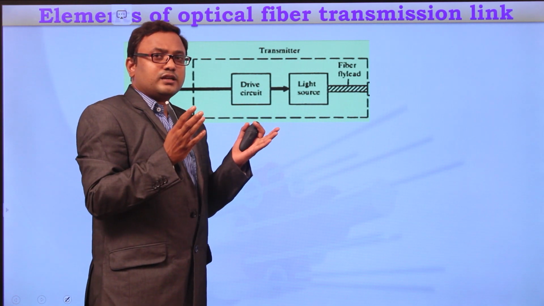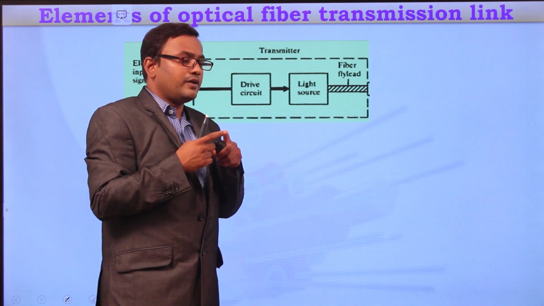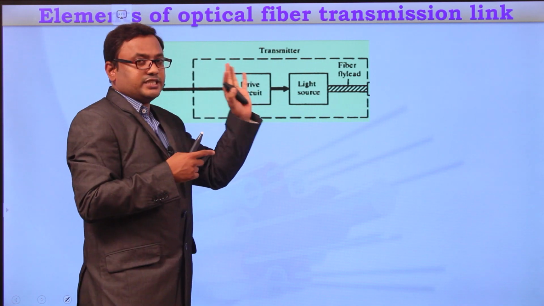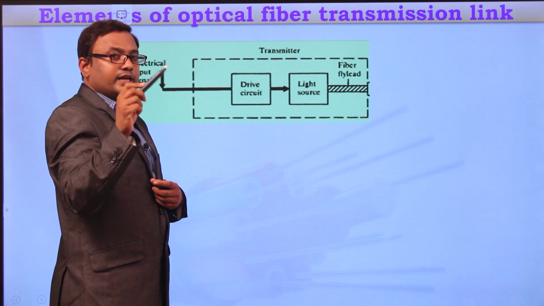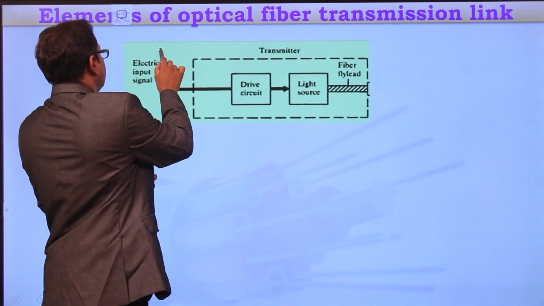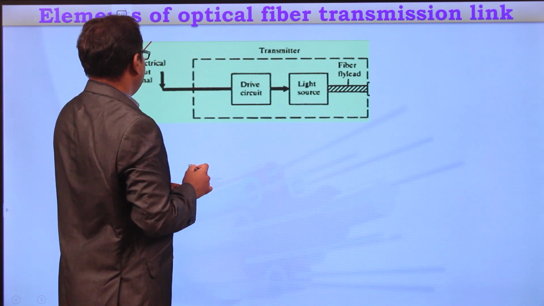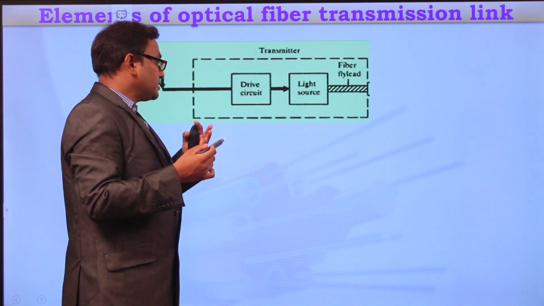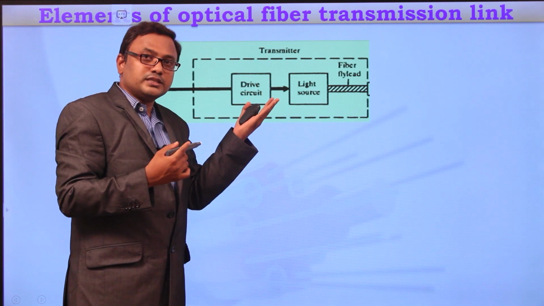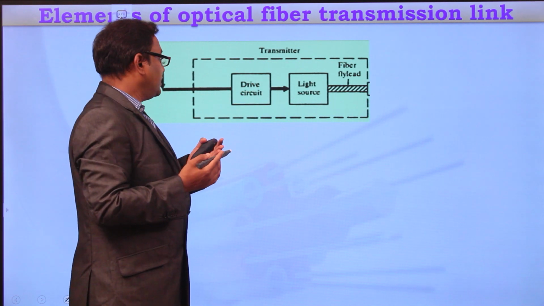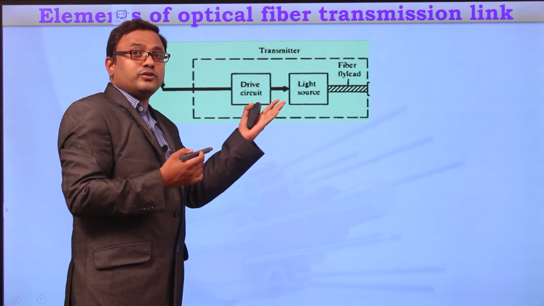As with other communication systems, here also the first fundamental part of an optical communication system is the transmitter section, right? So initially assume the physical information is converted into an electrical signal. So from that portion we are starting. Here the transmitter section receives the electrical signals, and if it is an analog optical communication system, the electrical signal will be in analog form. Usually we use digital communication systems because of so many advantages, and let us assume this is the digital information and it should be amplified before transferring the data.